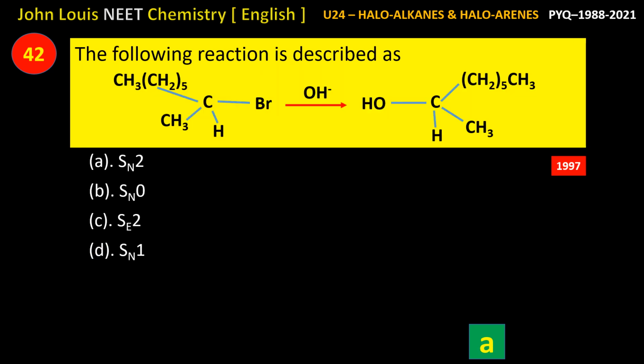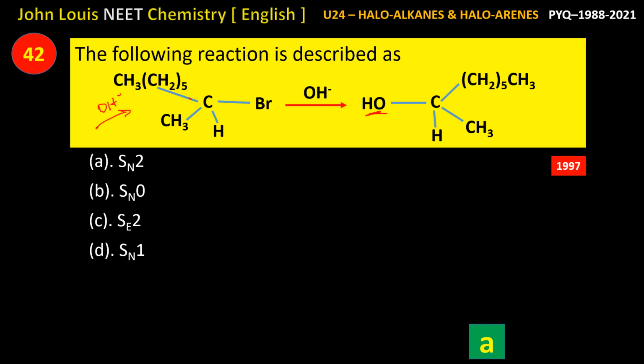The following reaction is described as, so here it's a secondary halogen compound. So Br is bonded to a carbon which is having only one hydrogen. So therefore it is secondary halide, and OH minus is a nucleophile. This is attacking and replacing this Br group, but it is attacking from the back side, the back end of the carbon. That is why this OH comes opposite to this bromine, and all the other groups which are bonded to carbon, that is CH3, CH2 5 times. So they are all inverted from this side. So when OH minus is attacking this side,